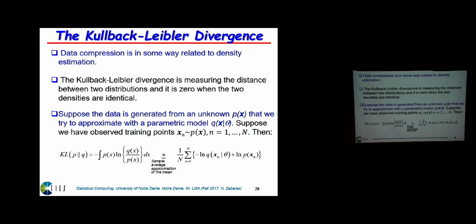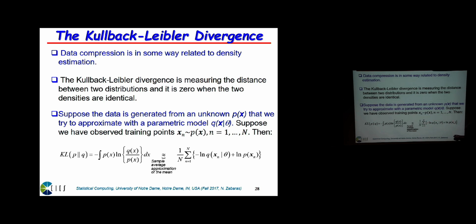You remember when you have a function f of x multiplied with delta of x minus x0, you get f of x0, okay? So here what we have is the KL distance, really the distance of Q from the empirical distribution of P, because P is not known. It comes out to be this nice expression. So here is the nice argument that seems to come up in many, many papers in machine learning, in deep learning, etc. If you're interested to find an approximation of Q, which minimizes the distance of Q from the empirical approximation of P, this is equivalent. There's a minus sign here, all right?